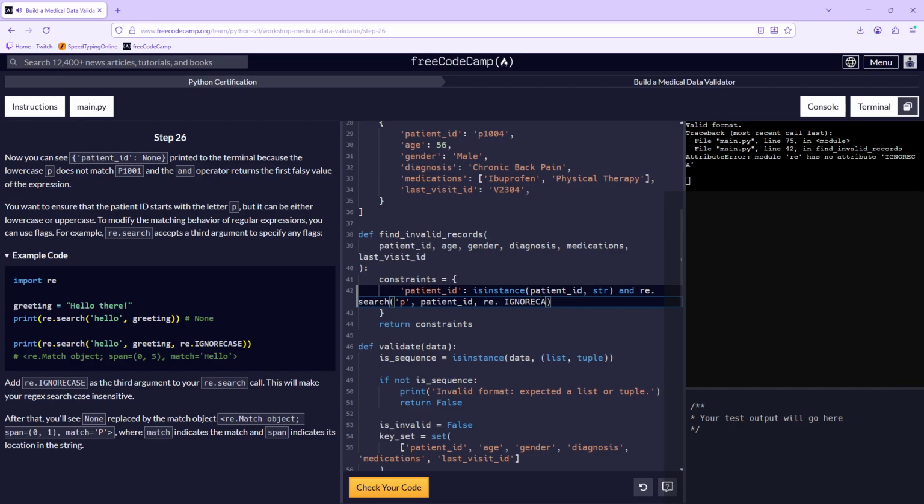This will make your regex search case insensitive. After that, you'll see None replaced by re.Match object, span equals (0, 1), match equals capital P, where match indicates the match and span indicates its location in the string. And the location is (0, 1).